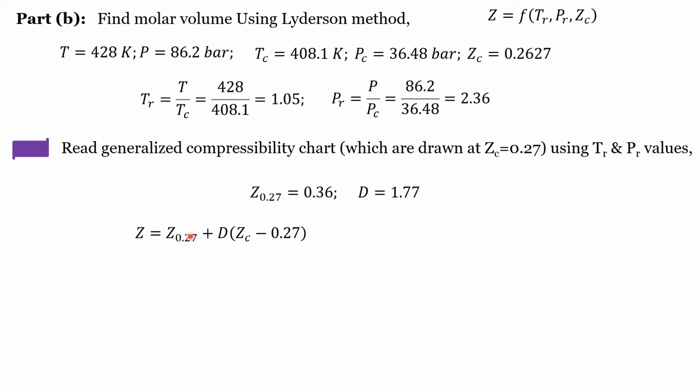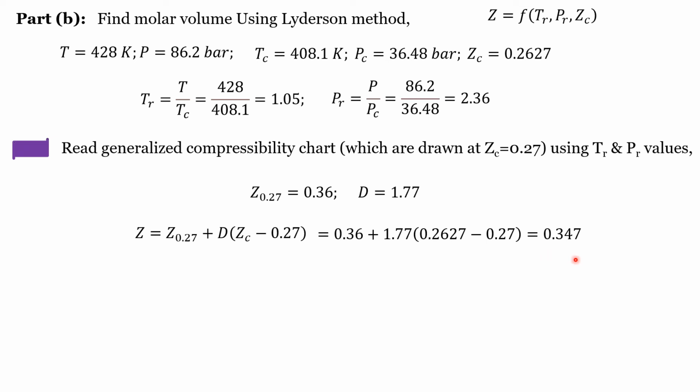So this value is 0.36 and D is 1.77, and ZC is given in the problem, that is 0.2627. So after simplification, final compressibility factor will come out as